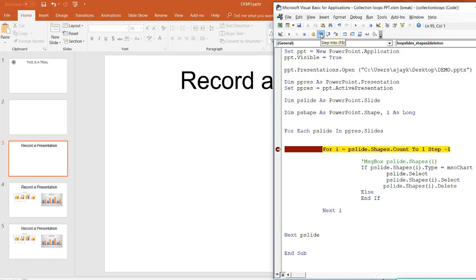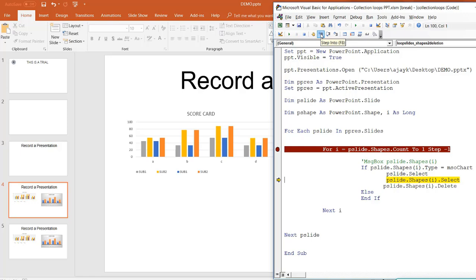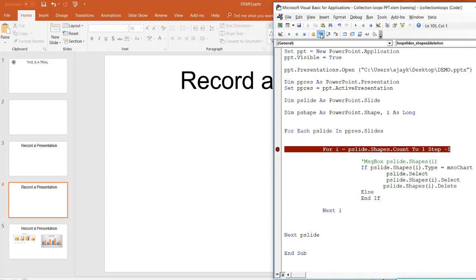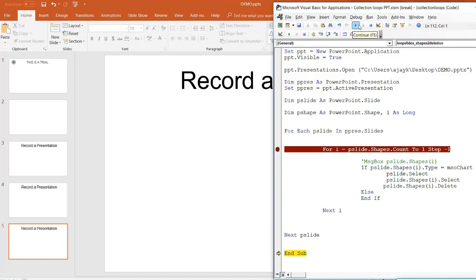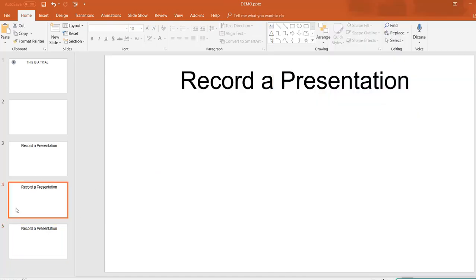So now the next slide comes, and I'm going to select that slide. There we go. Again the same thing is going to be repeated. Finally you have your chart removed. Great. And then this entire thing is going to run. Let me quickly run it. Let me press F5. Yes, there we go. So guys, if I go back to this,